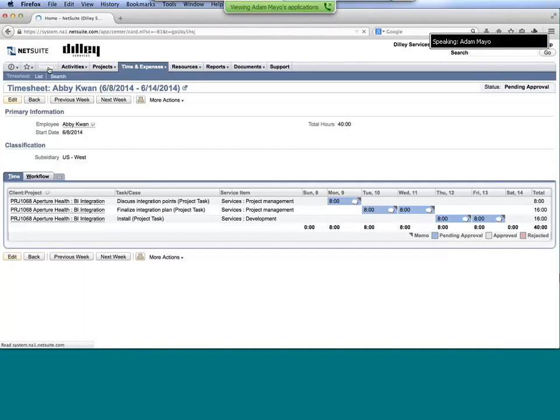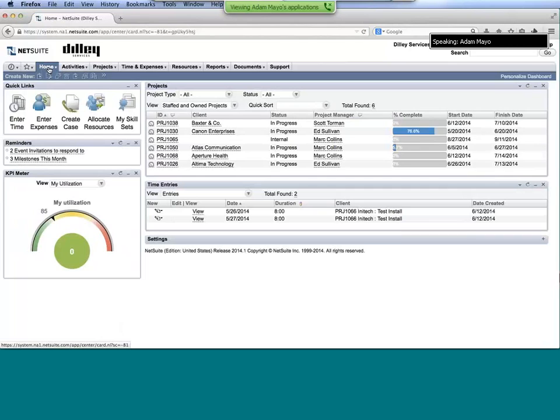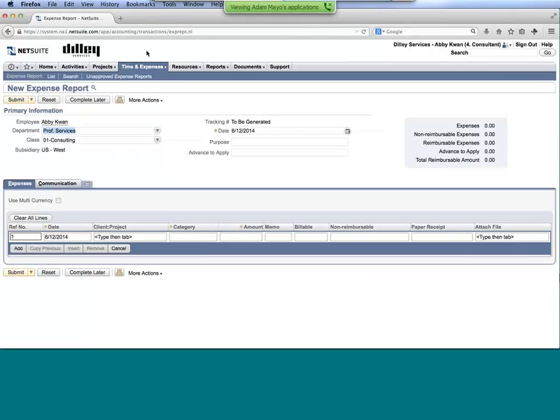Okay. Just continuing with this theme very quickly, I've entered in the timesheet. I'm now going to go in and enter in some expenses. So I'll click on my expenses area. That brings me into the expense report. I'll go in and put in a purpose for this. So we'll say we're going to be on-site with the client. Notice we have the ability to put in multi-currency. So if you are traveling internationally, you can put in the currency that you incurred the expense in.